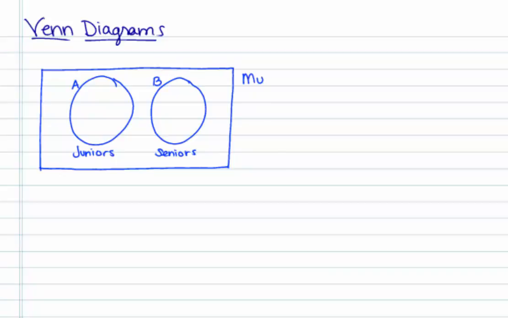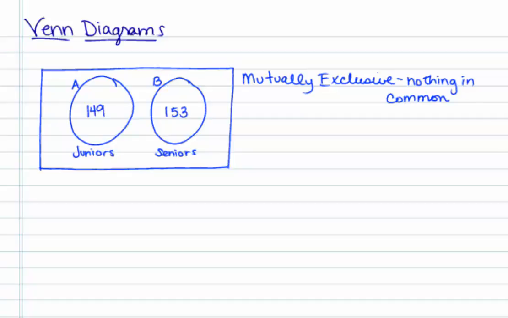These are called mutually exclusive. They don't have anything in common. And there's 149 juniors and 153 seniors. And so you might put the numbers right inside to show set A has 149 people, set B has 153 people, something like that. Another way, and the way we're probably used to using Venn diagrams, is where you have